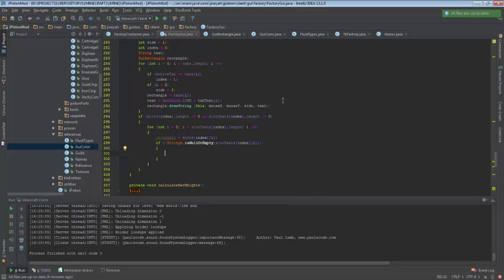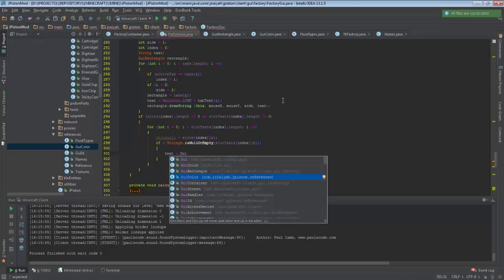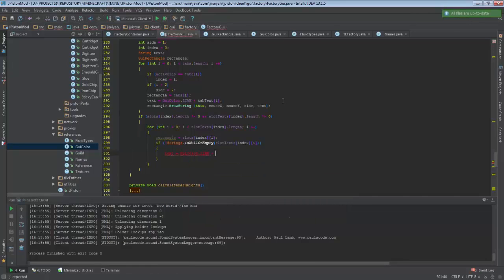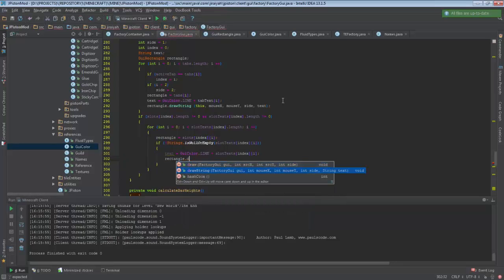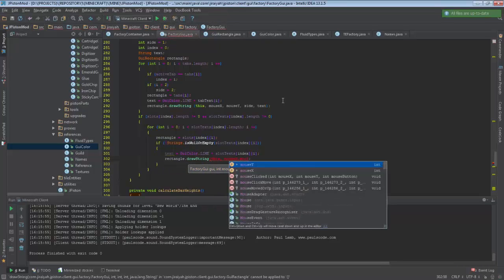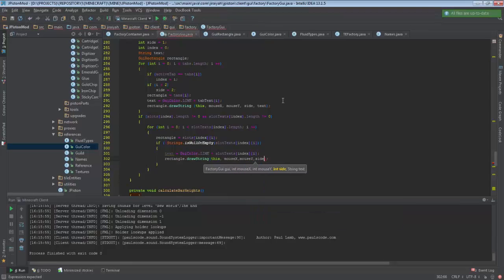And the stuff we want to do is that text is equals to GUI color from myself, not the other one, dot line plus slot text of index and I. Okay, then we say rectangle dot draw string from this comma mouse x comma mouse y comma side comma text. Okay, if we run it now,